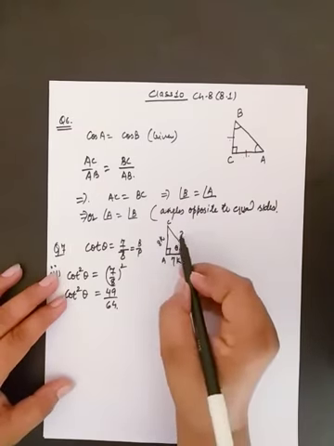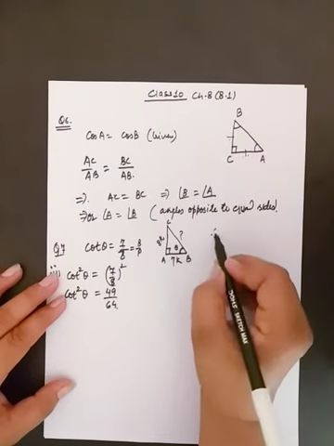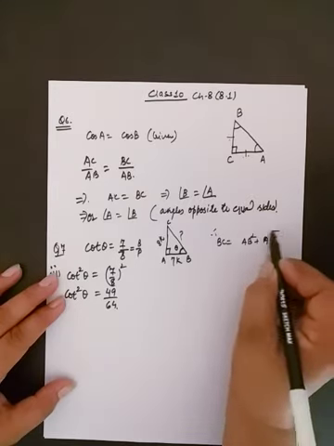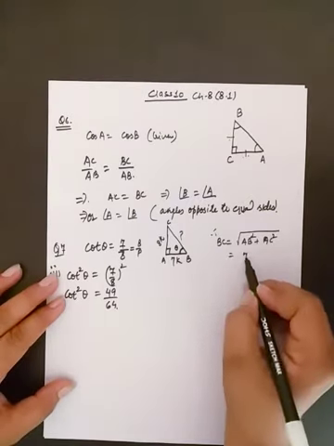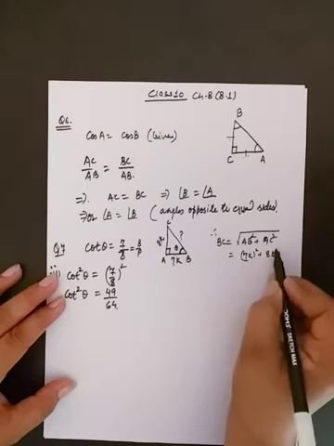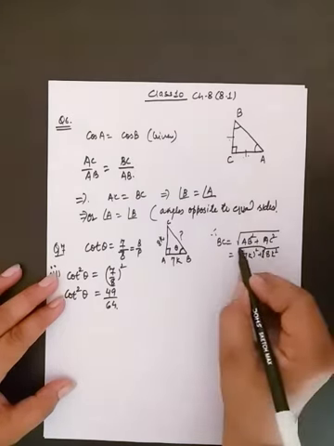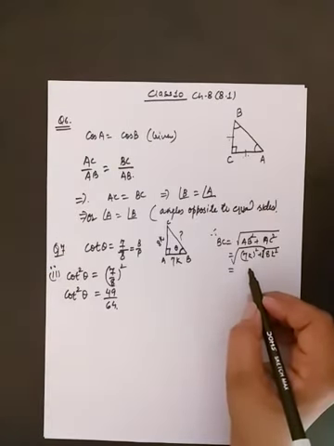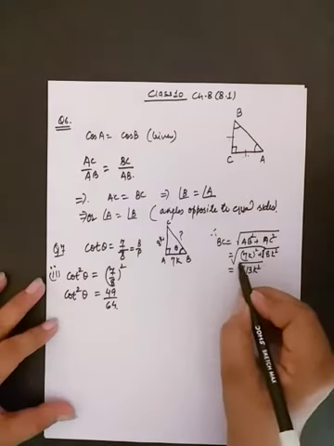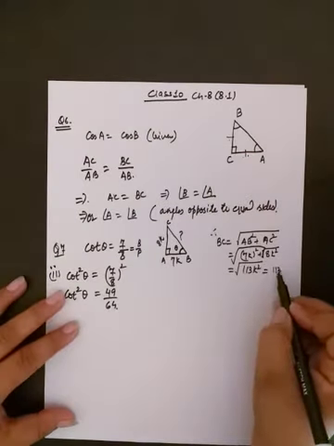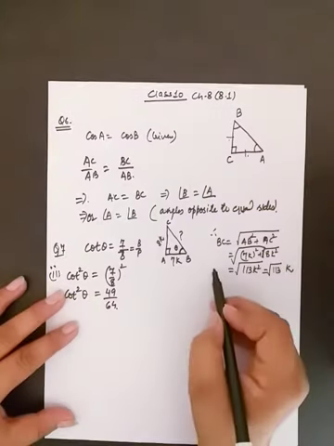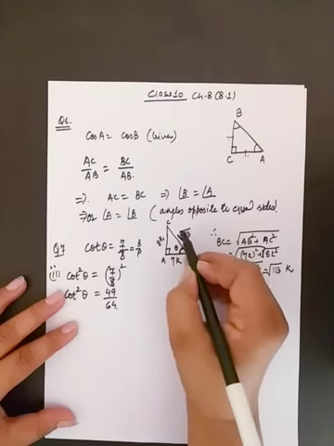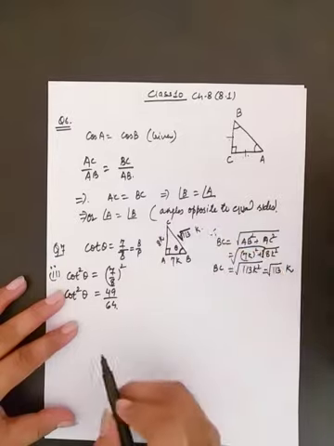So we can find the value of BC by Pythagoras theorem. Therefore BC will be the square root of AB square plus AC square, and it will be the square root of (7K) square plus (8K) square, complete under the root. It will be 49 plus 64, 113K square under the root. Now 113 is not a square number, so the root sign will be there and it will be K. So we can write it as root 113 K.